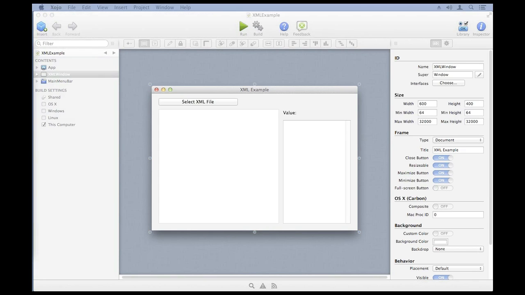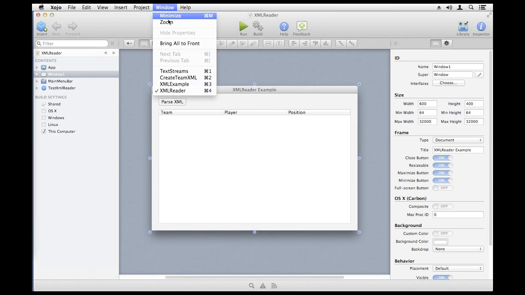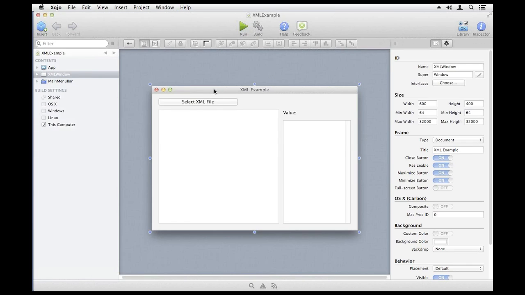Xojo also includes one other thing for dealing with XML files, and that is the XML reader class. This is a very advanced class, and most of the time you're not going to want to play with it. You're just going to want to use the XML document class and its related methods, which you can see if